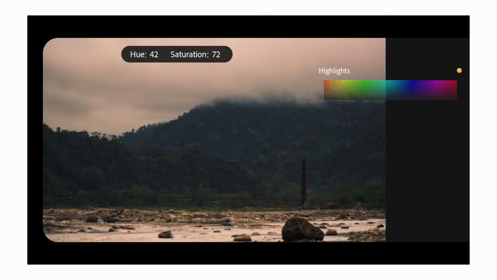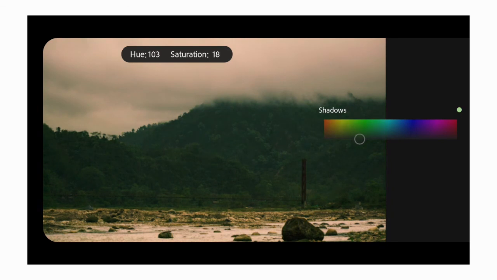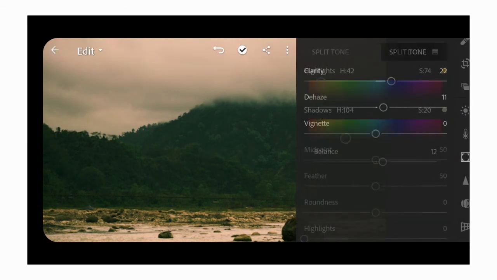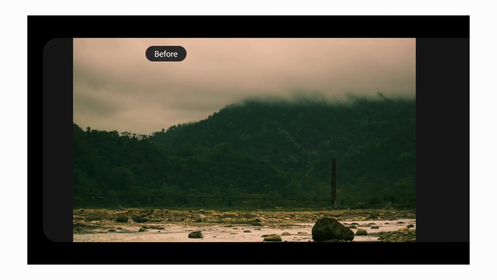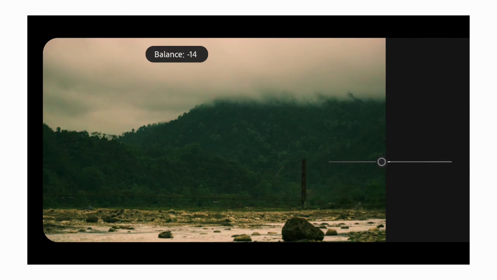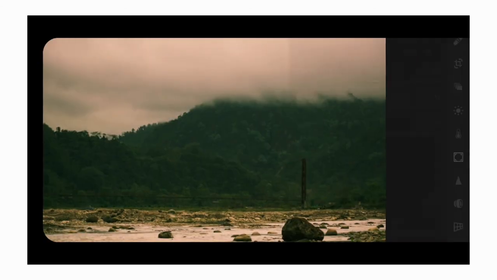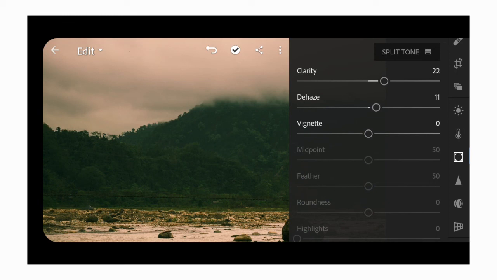I'll settle with a little bit of brown and green here, not much, just a little bit of green. So that looks good to me. I won't overdo the image. I think green is a little bit much for me, so I can change the balance of the image. If I pull it towards negative, I can actually reduce the highlights. I can increase it as well, so I can change the balance of the image as well. This looks good to me. So this is the final image. I can even edit it more, but this seems pretty good to me.